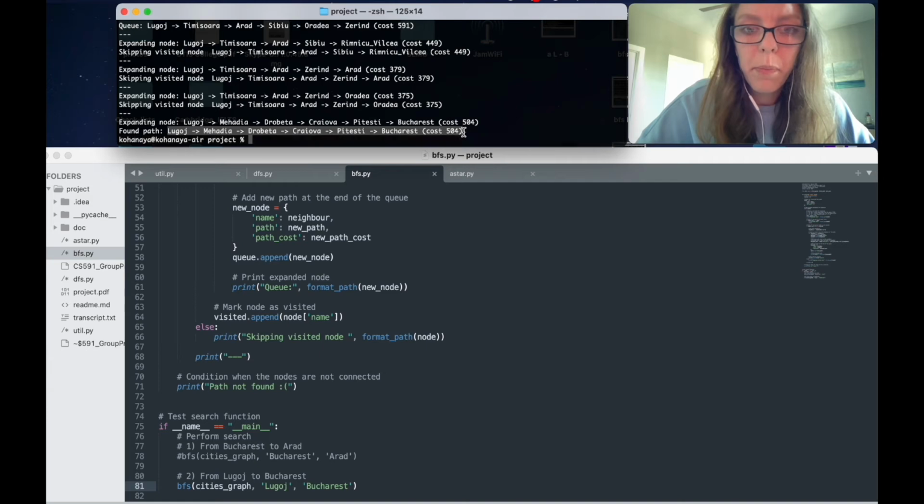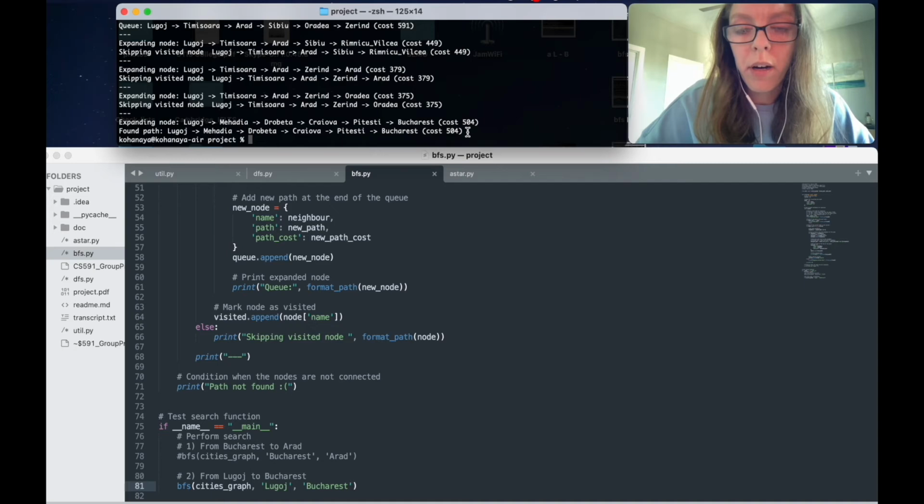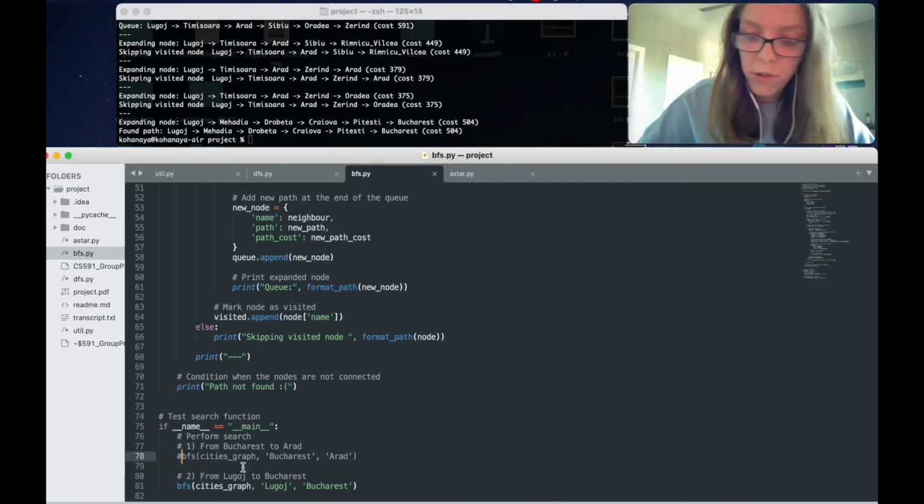So this path is shorter than from DFS: Lugoj, Mehadia, Drobeta, Craiova, Pitesti, and Bucharest, and the cost of this path is 504. We can try the second case